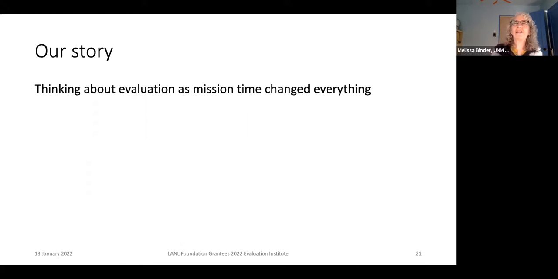When we started calling our evaluation meetings, or when we were doing our own evaluation, mission time, all of a sudden when I saw mission time on my calendar, I wanted to go. And so it was just a reframing of the idea of, what is evaluation about? It's about meeting your mission, and it made it something that we wanted to do.